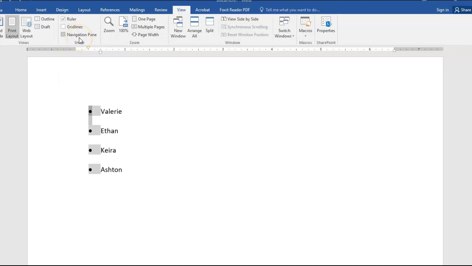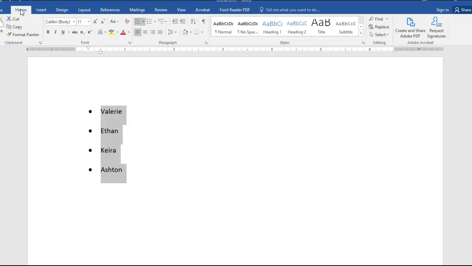You can also adjust the space between the bullet and your word too. But we'll learn more about that next year, okay? Good question. Alright, so now let's highlight the same list that we've made there. And we're going to go back to the Home tab. And this time we're going to choose